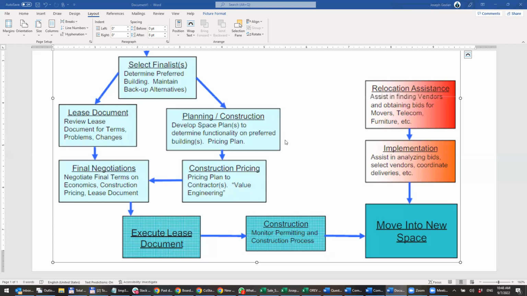Construction sounds big and sounds scary, but in reality, it could be just, we need to change the flooring. We need to change the ceiling tiles. We need better windows. We need tinted windows. We need a cubicle here, or we need to close an office in the corner of that warehouse. It doesn't have to be massive and big. It could be as simple as changing the flooring,